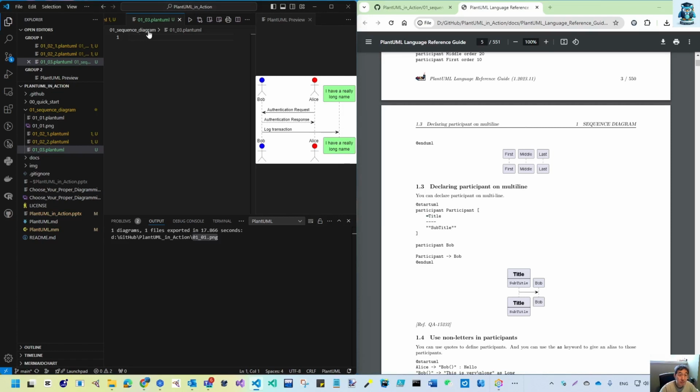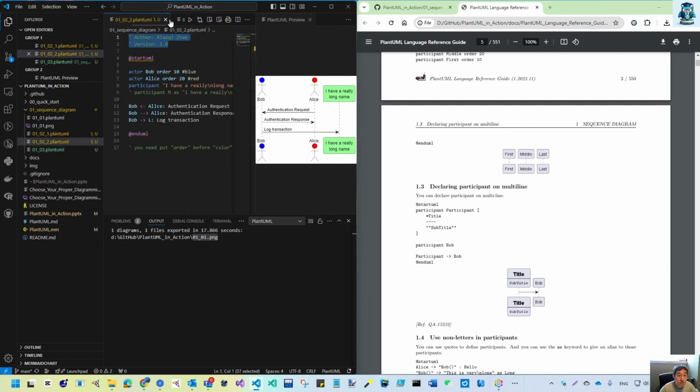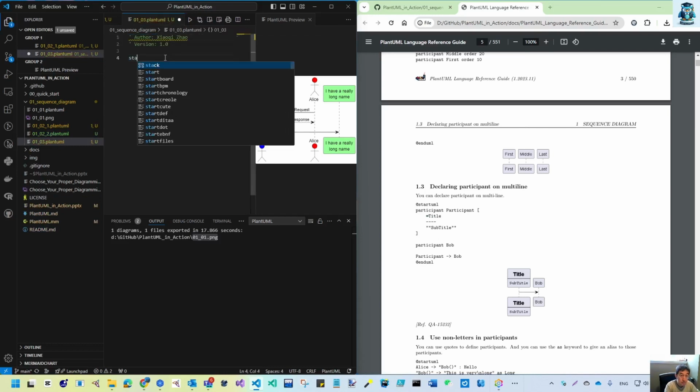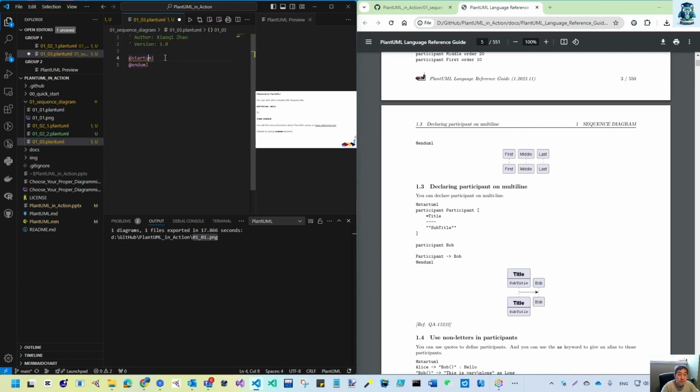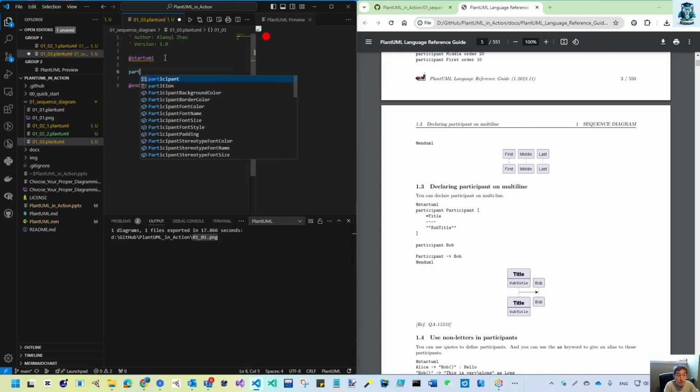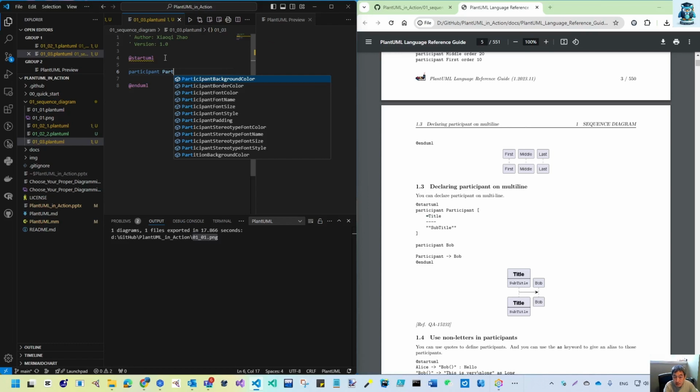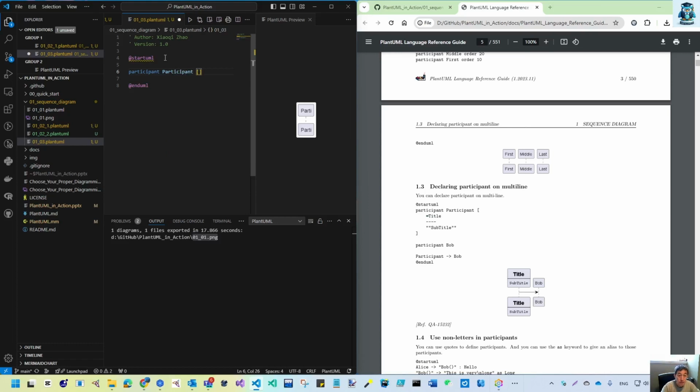So let me see here. First, let's copy this. So what I do is participant. So just the code that is participant, like give our paint. So you can see here a pair of these square parentheses. Now if you define nothing, here it is empty. So if I have a title and with our line,